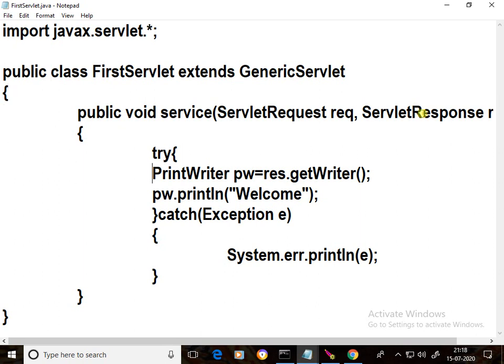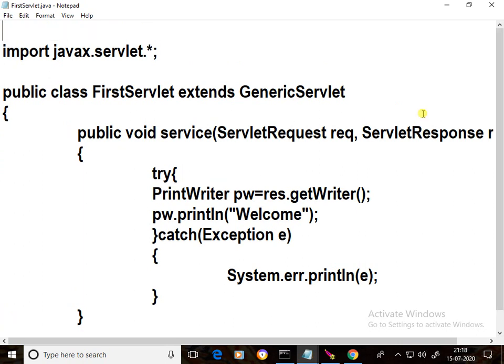This PrintWriter class is in the java.io package, so we have to import the java.io package. See here, in the first line, I imported the java.io package for the PrintWriter class.